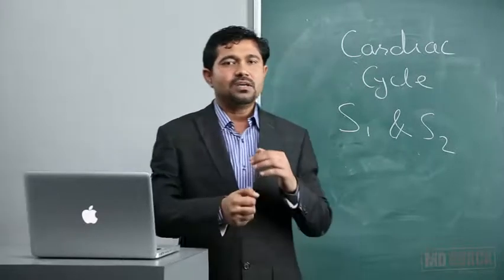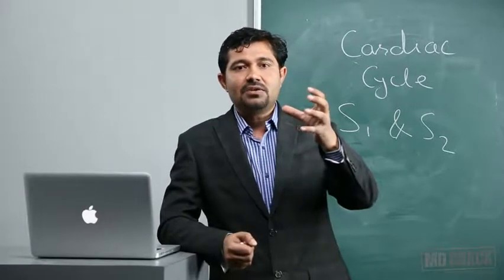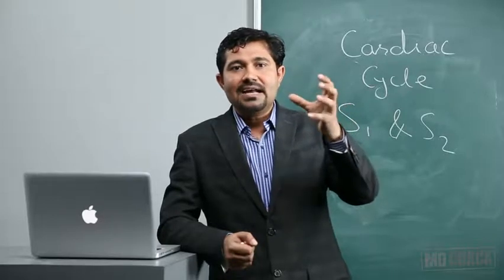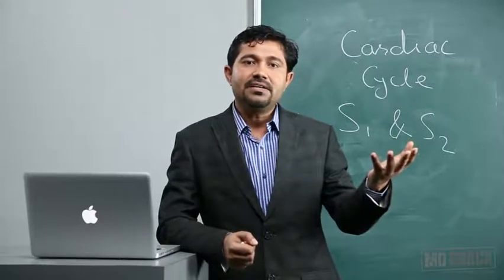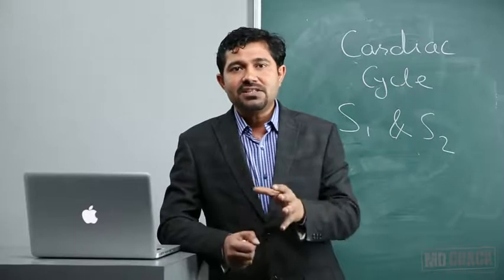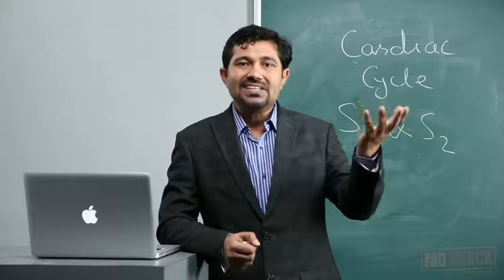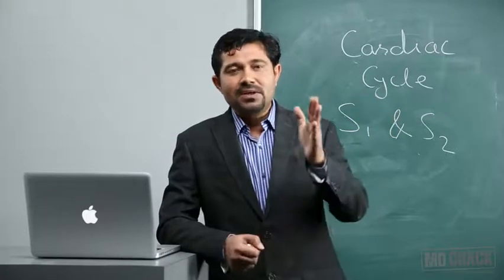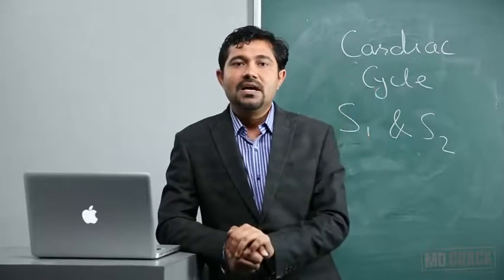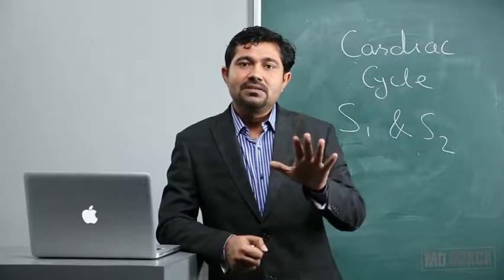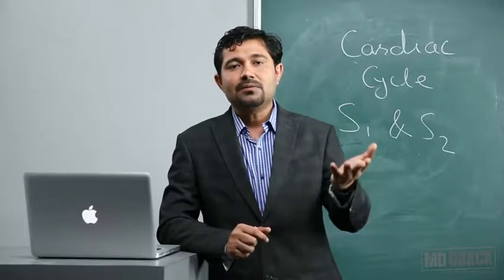The basic cause of the closure of the semilunar valves is the elastic aorta: the pressure in the elastic aorta is increased, and because of that there is a backward flow. The same principle applies to the pulmonary trunk. But as I have told you, the pressure changes in the left ventricle and the aorta are much higher than those of the pulmonary trunk. So the backward pressure generated in the pulmonary trunk will also be less compared to that of the ventricle. If the backward pressure is less, the closure of the pulmonary valve will be a little delayed compared to the aortic valve.